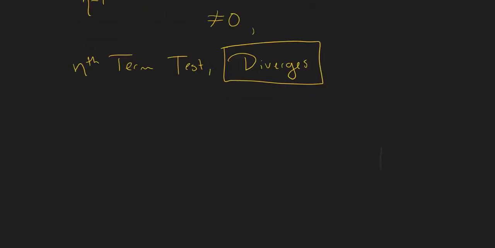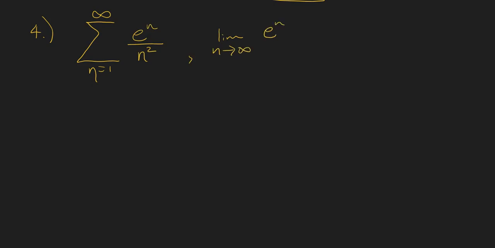Okay, so on to another example. In example 4, we have the sum from n equals 1 to infinity of e to the n over n squared. And once again, we will take the limit as n approaches infinity of e to the n over n squared. And as we take this limit, what we will realize is, okay, well, we know that